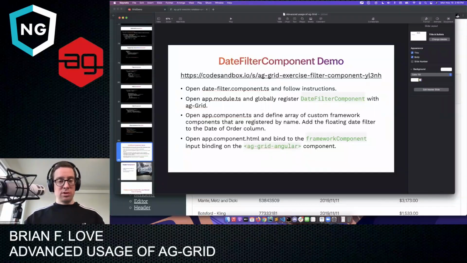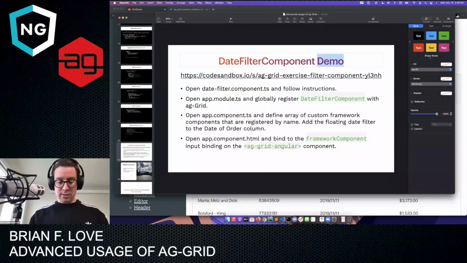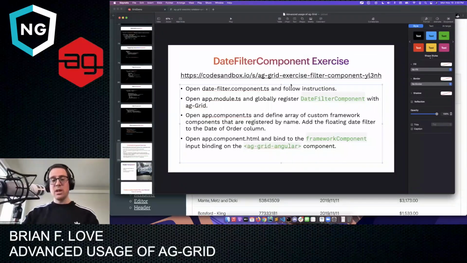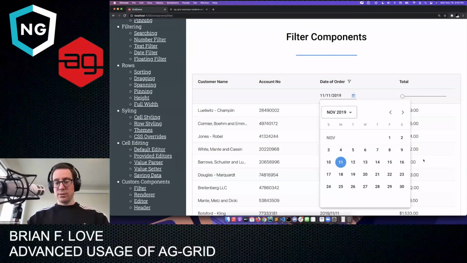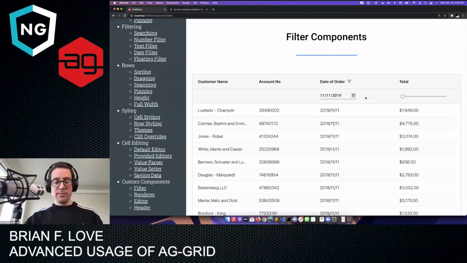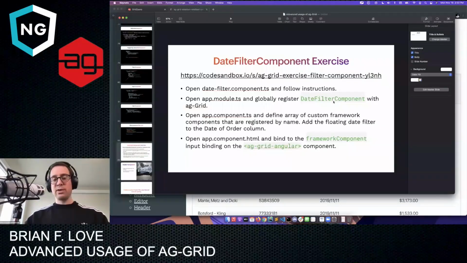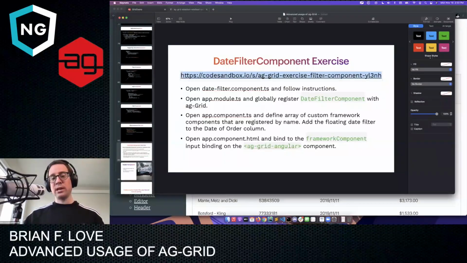So this should say exercise. What I want you to do is, so I did a slider, I want you to do that date filter, and if you get stuck or you have any problems, you can use the date filter component that I wrote. Remember back here, I had the date filter, and this is using ngGrid. So I've got a solution for you. Of course, try to do the exercise if you can without the solution. Well, why don't you go ahead and build out a custom floating filter component that uses